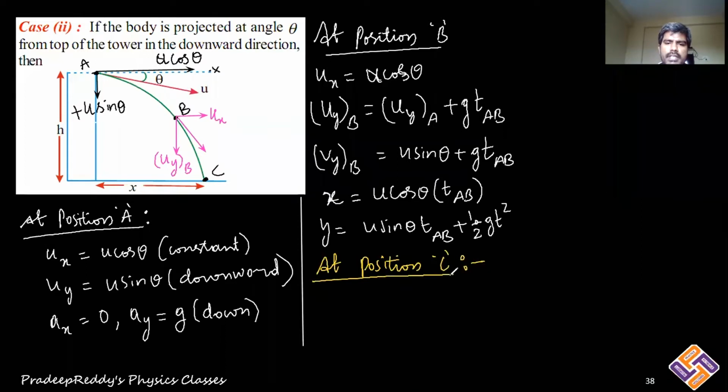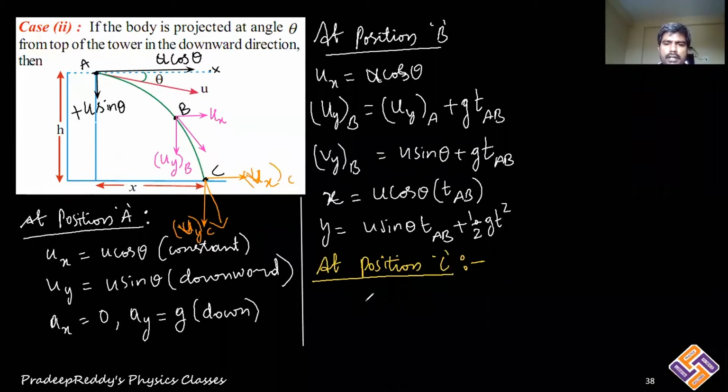Now coming to position C, at position C we have velocity in this direction. Check it up. And that can be resolved into components. One component along horizontal, another component along vertical. Along horizontal you can write it as ux, along vertical you can write it as vy, or final velocities you can denote it with v, no problem.